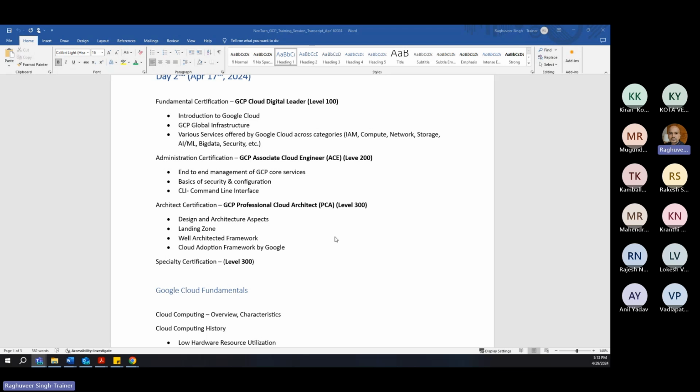PCA, Professional Cloud Architect, is about how do you design and architect a VPC based on a scenario. So let's say you have a customer who has tens of thousands of workloads and applications that the customer is planning to migrate to Google Cloud. How do you build the network in Google Cloud that aligns with the customer's requirement? So you will have discussions with customers, network team. You will have a brainstorming session to understand how the current network looks like at on-premises, or if the customer is in cloud, then